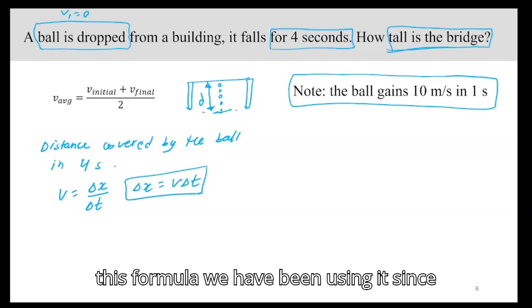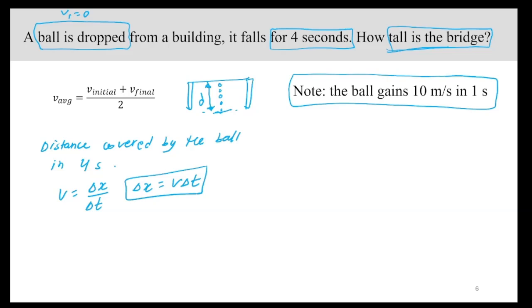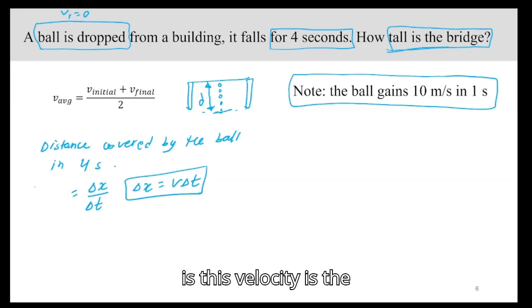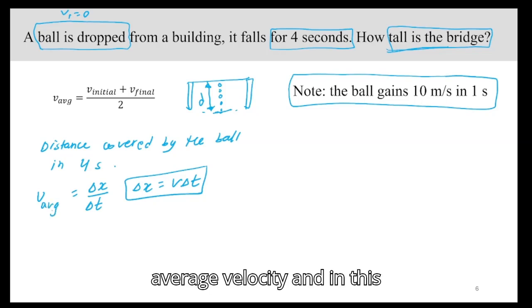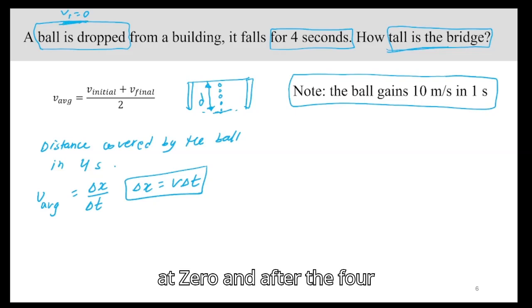This formula we have been using since the start of the chapter. In order to use this formula, what we know is this velocity is the average velocity, and in this case if you look here, it started at 0, and after 4 seconds, the velocity we just calculated